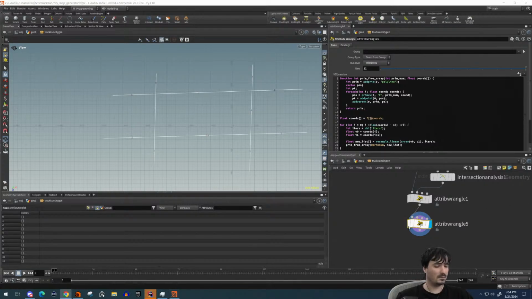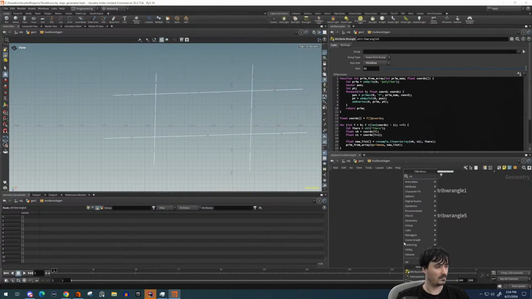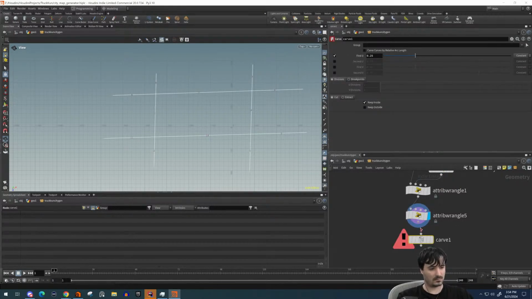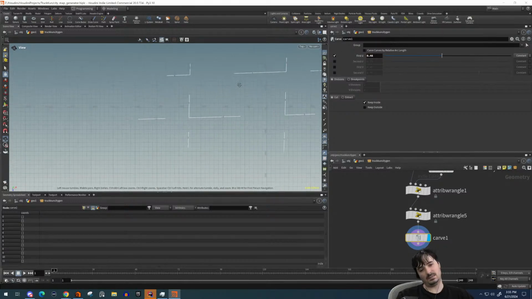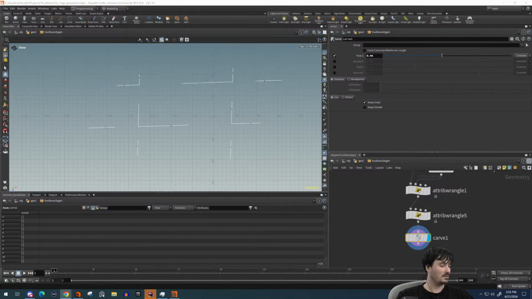It actually can be achieved using the carve node, but I want to spend some time in this code just to illustrate some of